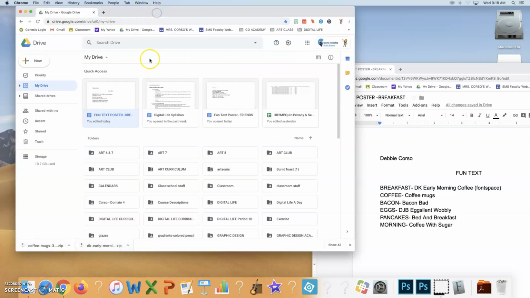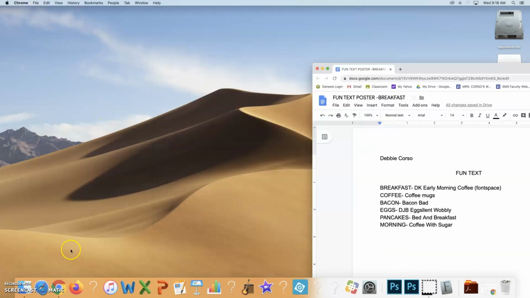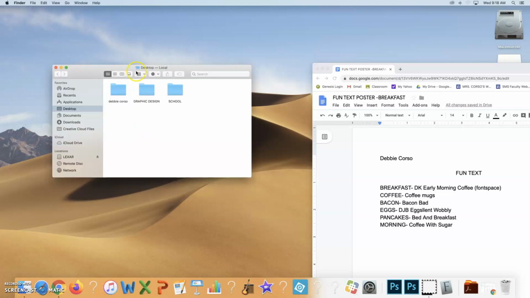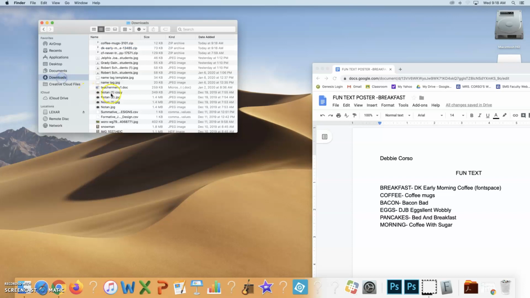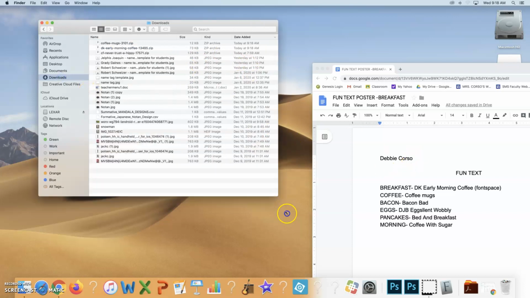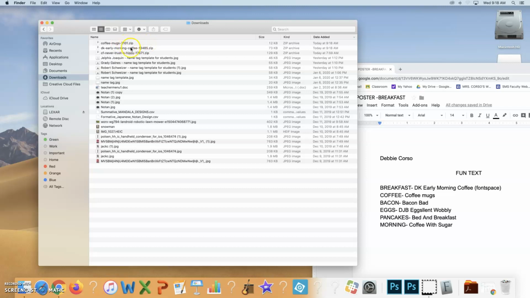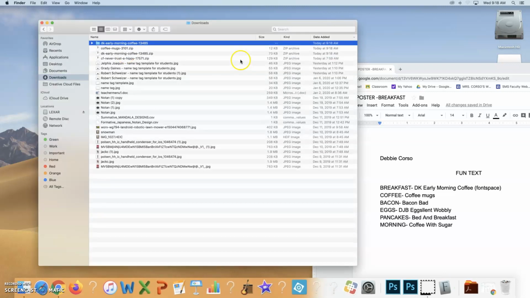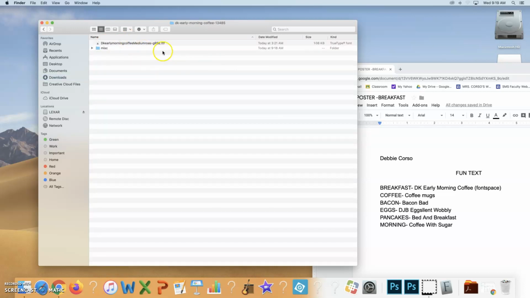Let's say that you X out of this for the moment and you want to now download them and install them. If you go to Finder and you go to Downloads, this is where all your downloads show up. You did already download the zip drive. It shows up as a zip drive, which is a compressed folder. You're going to open up the zip drive by just double clicking on it. You can see inside the zip drive is this folder named the same thing. Double click on it. Inside this folder there's a miscellaneous folder, but what you're looking for is a file with TTF. It's a true type font